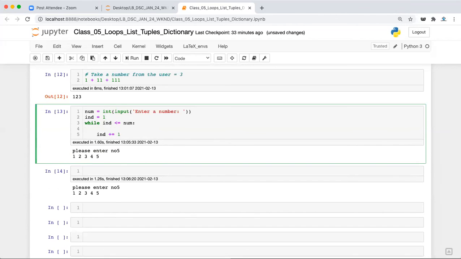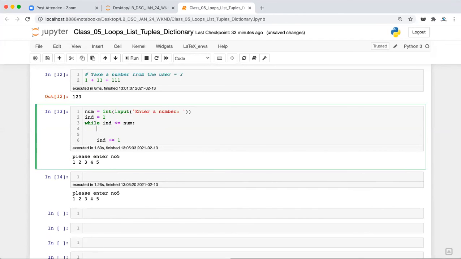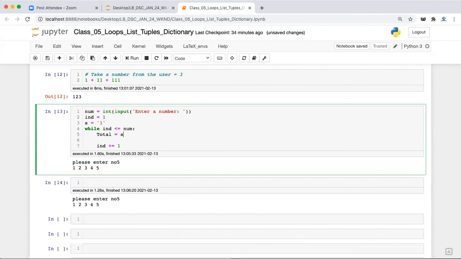This is fine. And what next we need to do is find the summation. I'll be taking sum, or let me take total, is equal to, so I'll be taking s into ind, and that will be the string.